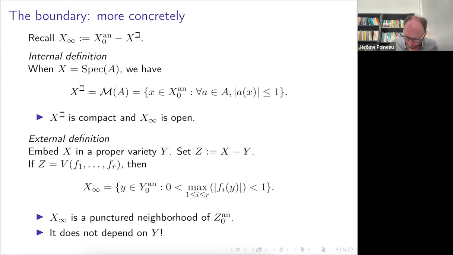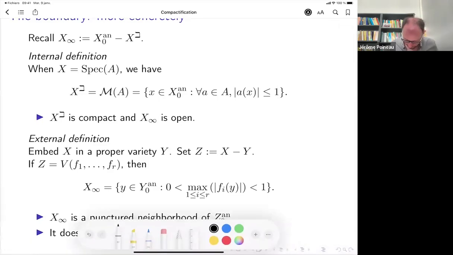Maybe if I want to draw some picture. So like, I don't know, this would be Y, and I have some, I don't know how to draw a boundary. It's not so clear, but yeah, especially if my pen doesn't want to work. So let's say this is Z. And now this X infinity is something like, so Z is defined by the vanishing of all fi.